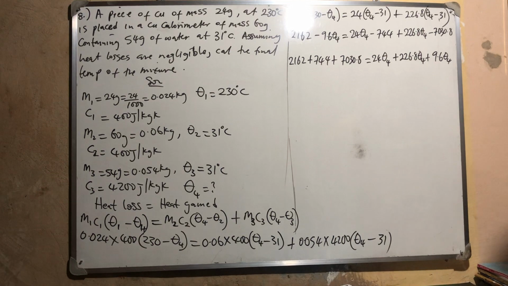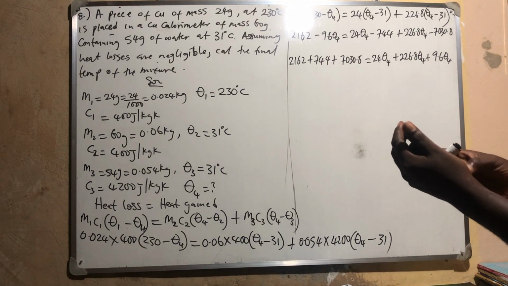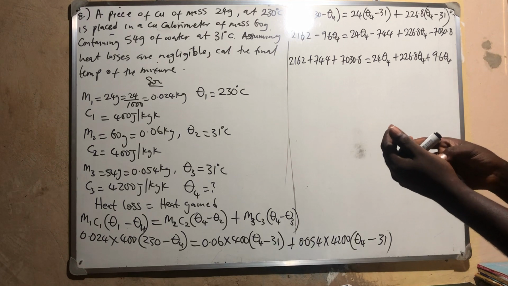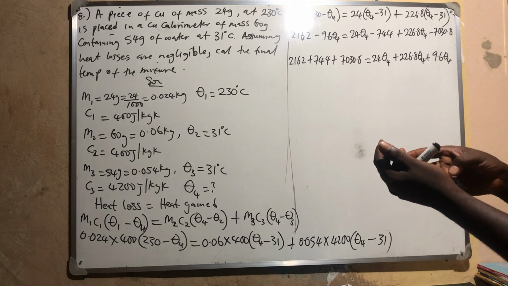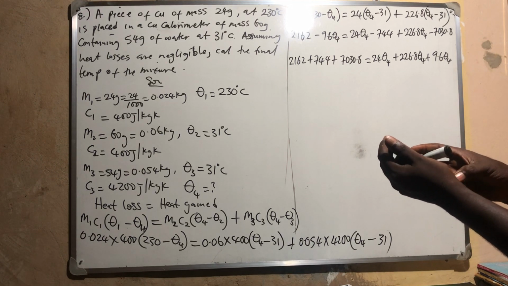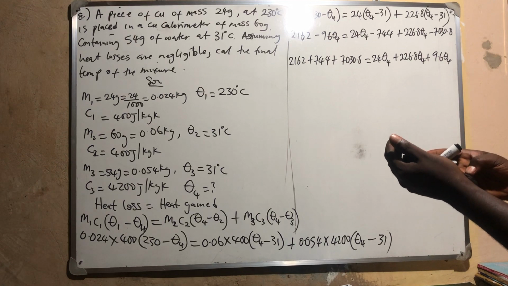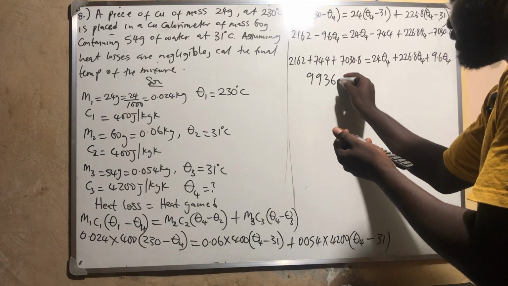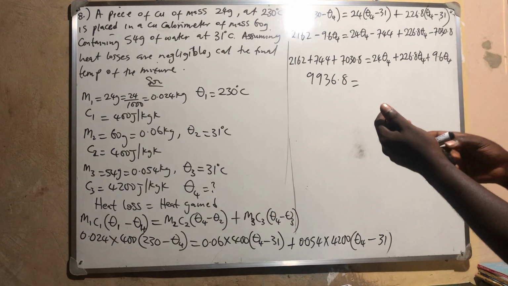Let me add everything here: 744 plus 2162. I have here 9936.8 is equal to, let me add here,